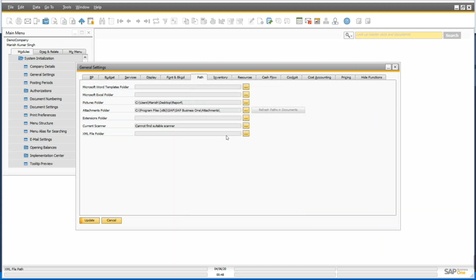This would be the attachment path for your attachment object, where the attachments will be stored. So let me update this one.